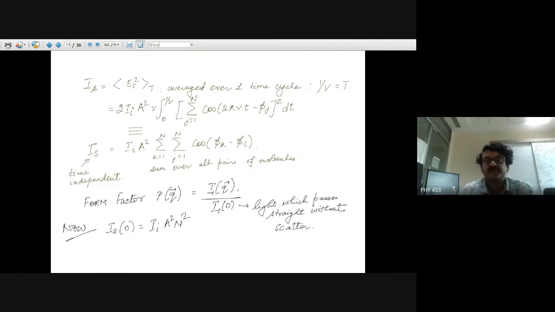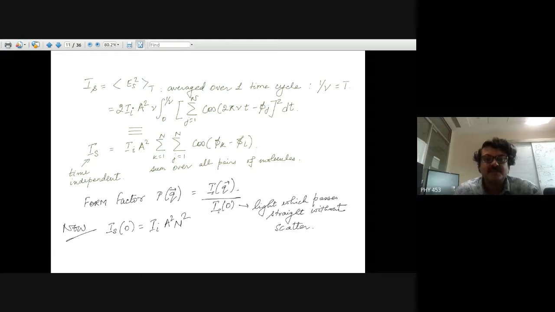I mean, these factors will be different from that of visible light, where we're using alpha square polarizability. But if you're using X-rays, that polarizability will be replaced by something else. Those prefactors will be different. The values of A will be different, right? But the scattering intensity, which depends upon electric field square, prefactors might be different. Still, the form factor will be defined by IQ over I0,